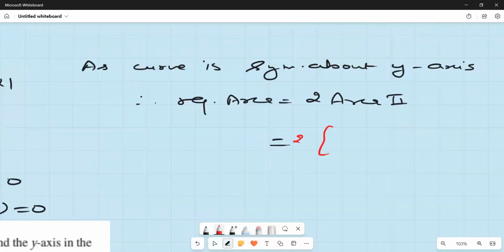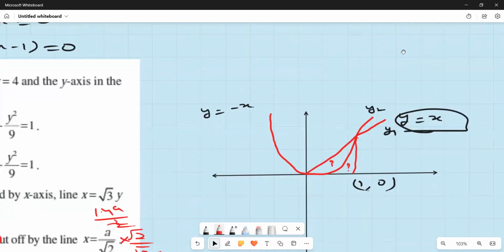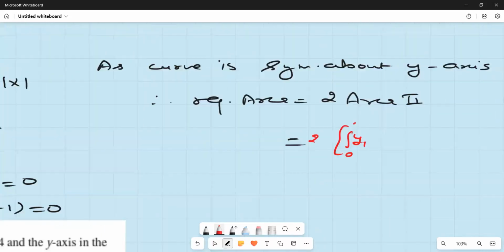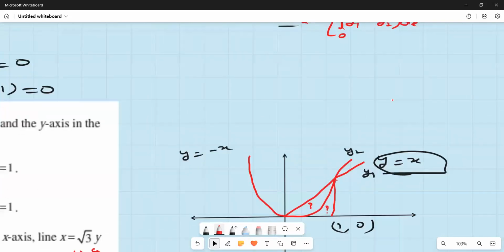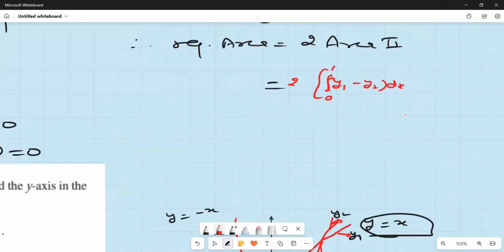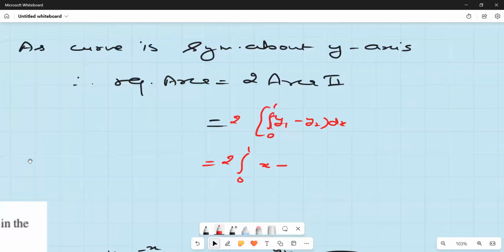Twice of y1 0 to 1. y1 minus y2 dx. Which is your y1? Line is your y1. This line is your y1, and this parabola is your y2. So that is twice of 0 to 1. y is equal to x minus y2 is x square